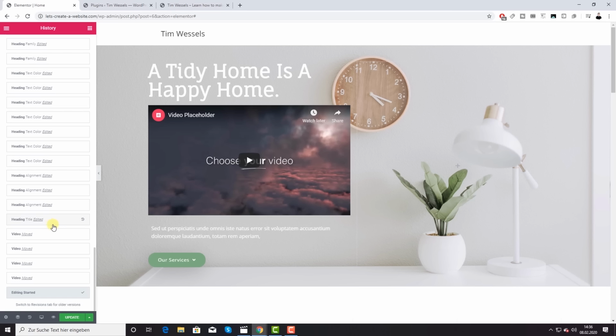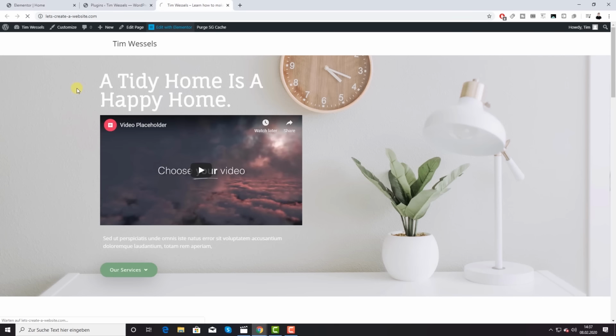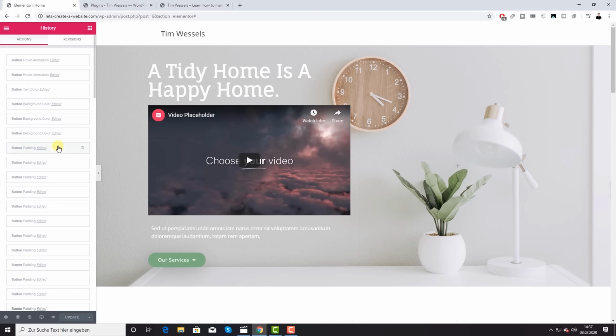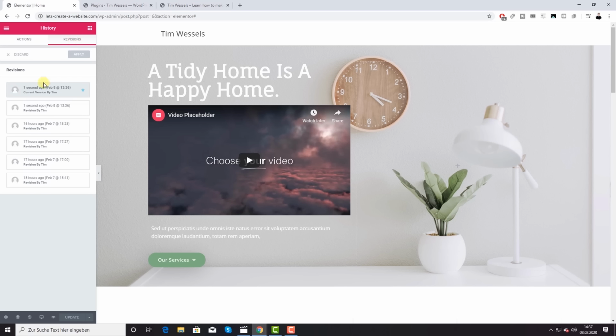Okay. But what if you want to undo changes that were further back than the last 24 hours? That's also very easy. Every time you click on update, it saves a version of your website which is then in return also the live version of the website. So if I refresh the page, okay, nothing really will change because I didn't refresh it since then. But if I go up here, what also happens is, if you go to revisions, here you see all the versions you saved. So I could also go back to the version of 16 hours ago, for example,